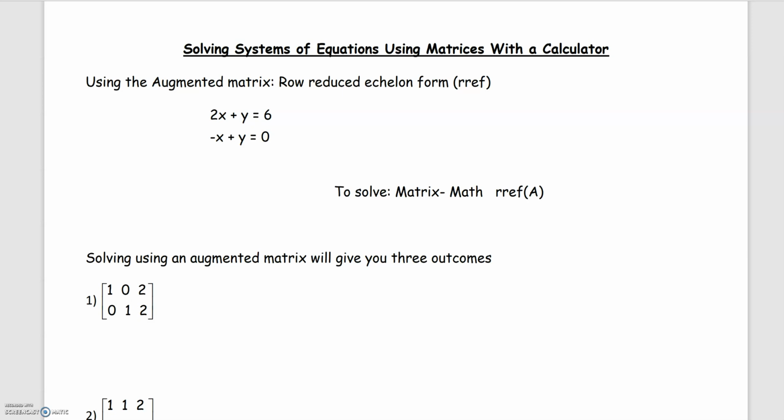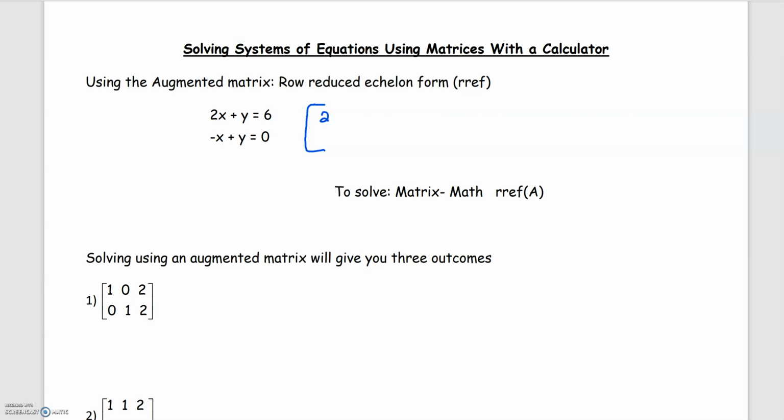An augmented matrix is made from the system by removing the variables, and it needs to be in order. So if a variable is missing from the equation, a 0 is used in the matrix as a placeholder. So for example, on our first problem here, we would put this